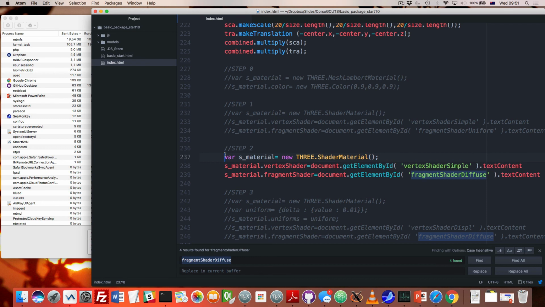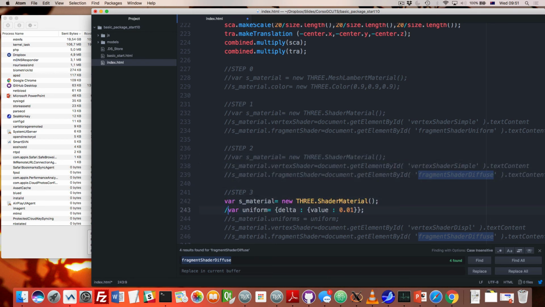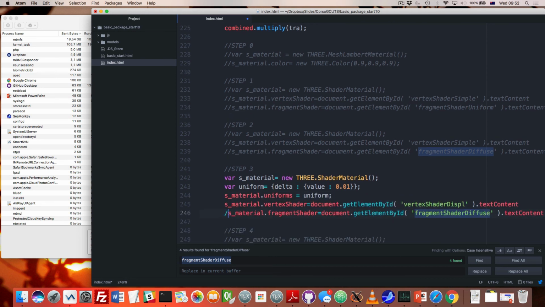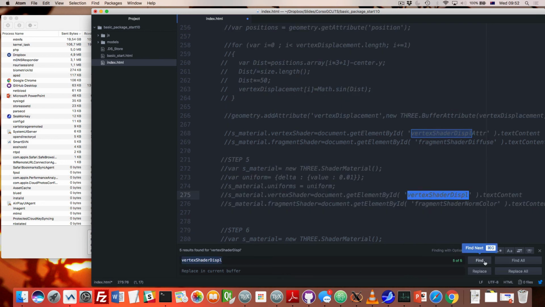And we have the next step. Let's see another shader where, for example, I set a value. If you want to pass a value to the vertex shader, you have to declare a uniform. You set the name of your variable, you set the value, and you pass it to the uniform of your program. So then what happens in the vertex shader? You will have exactly this